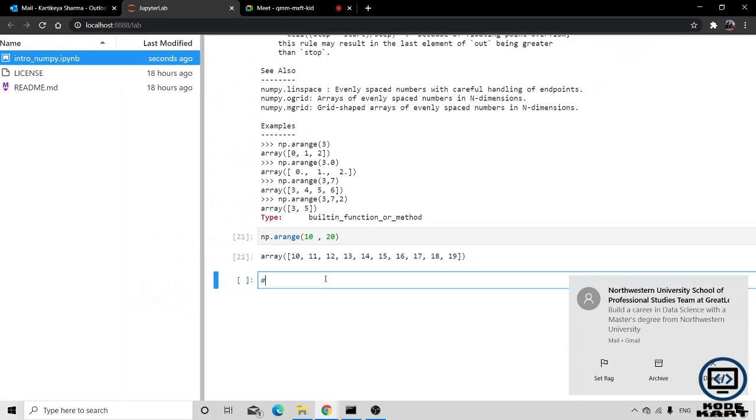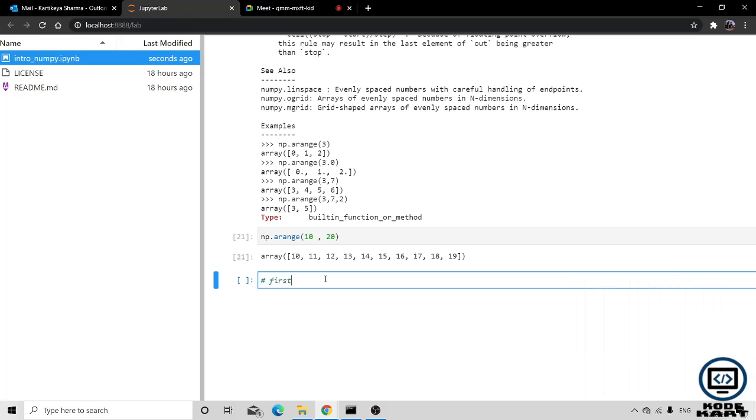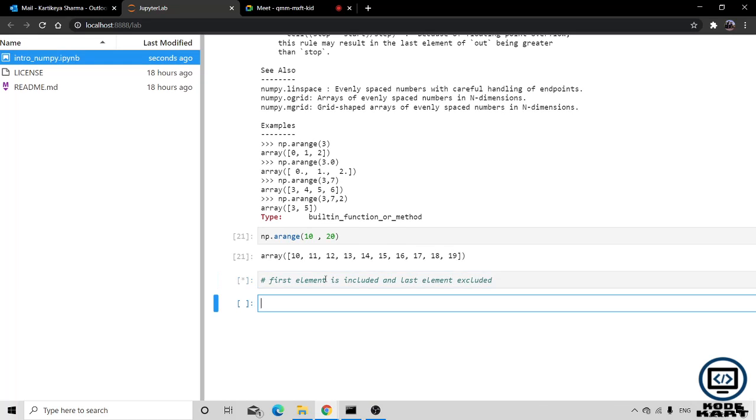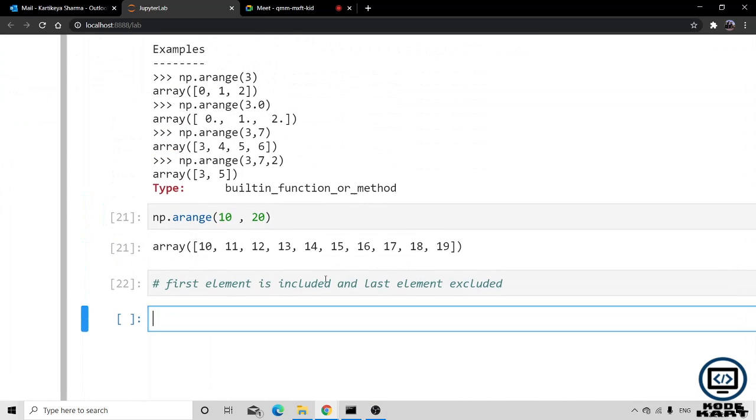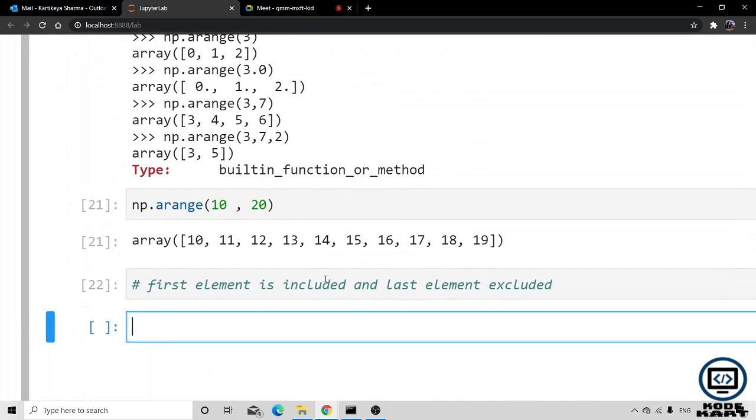You can see the first element is included and the last element is excluded. Okay, this is the rule. Always remember the first element is going to be included and the last element is going to be excluded.